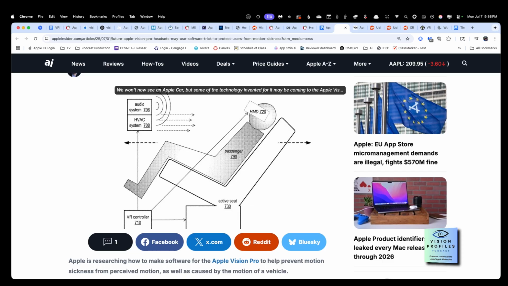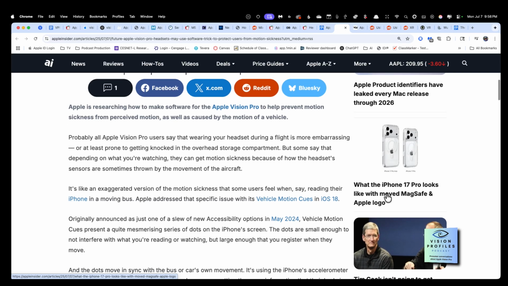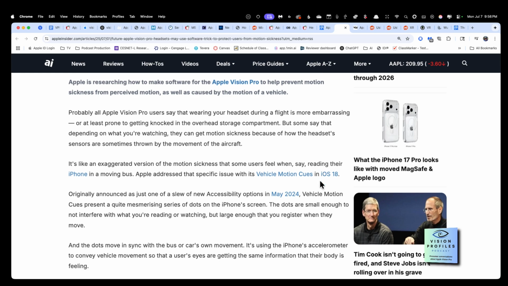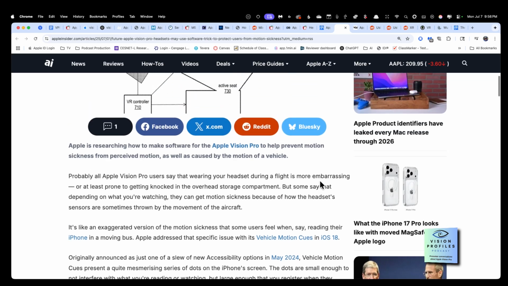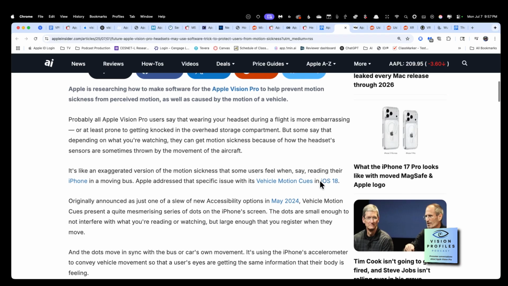One article referred to it as, which is a sense of feeling that you get if you're on a moving vehicle and you're wearing an immersive headset, and what's moving in the headset is not moving the same way your body's kinesthetics are moving. So there are some additions that Apple's looking at in terms of design and also software